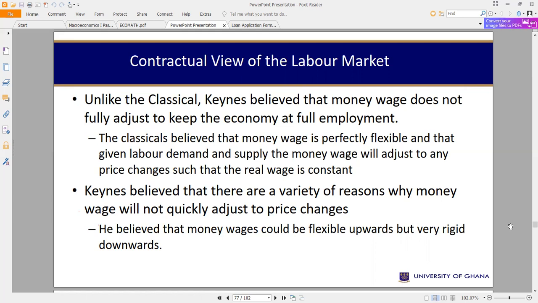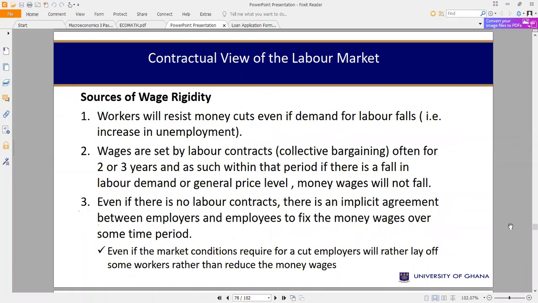So according to Keynes, the nominal wage cannot quickly adjust as we assumed earlier. If it cannot adjust like that, then what is going to be the effect of that? But for him, he wasn't categorically stating that it cannot move at all. Fine, it's possible it can move, but it cannot actually adjust 100% to the changes in price. So according to